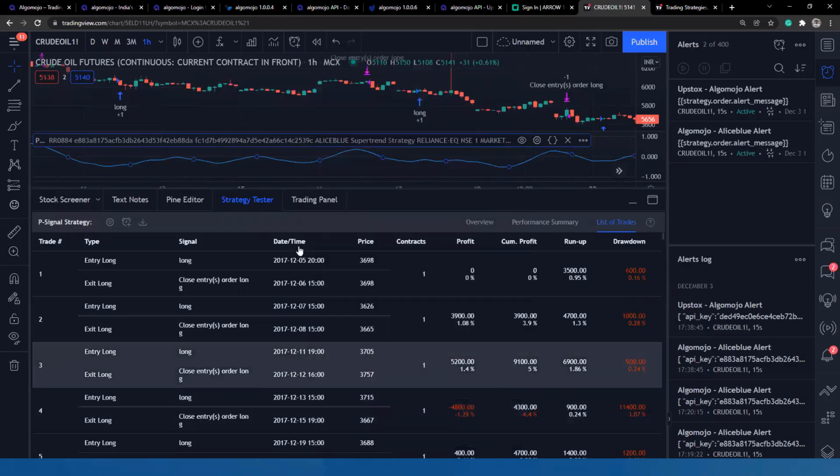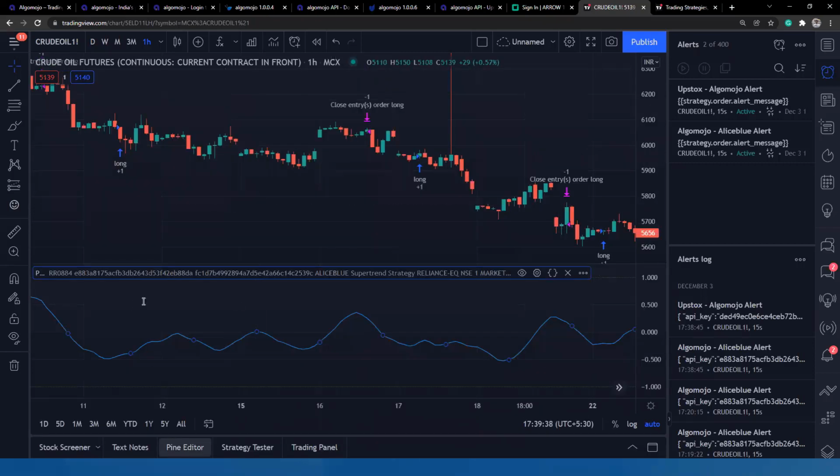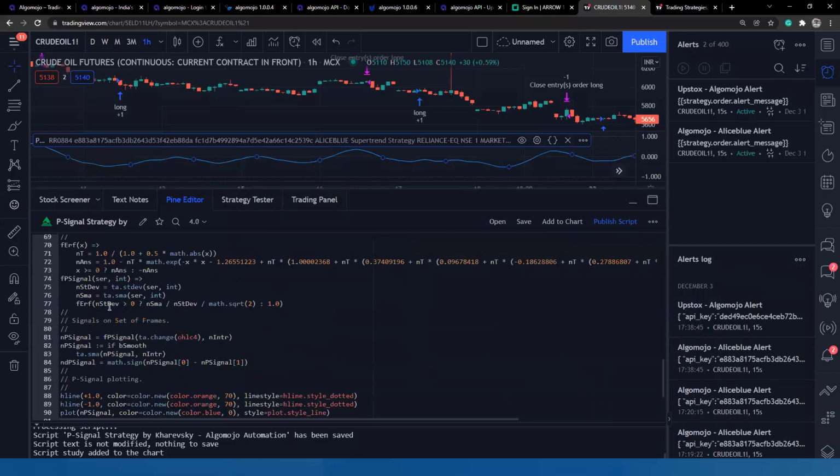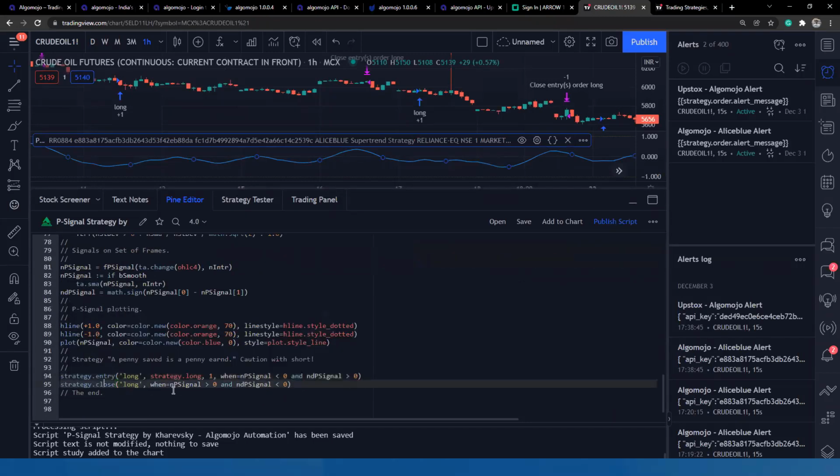And now the most important part is the block 4. Listen very carefully. Block 4 is the final part which will connect the strategy. So you'll be able to find the strategy functions over here. It contains only one strategy entry and one strategy close only. So what you have to do here is copy 2 things over here. One is the when condition, which is what they had done over here. There's a small modification at times one needs to do.